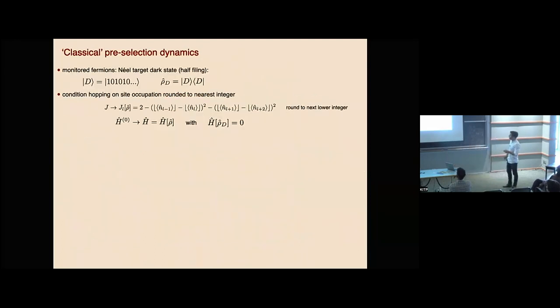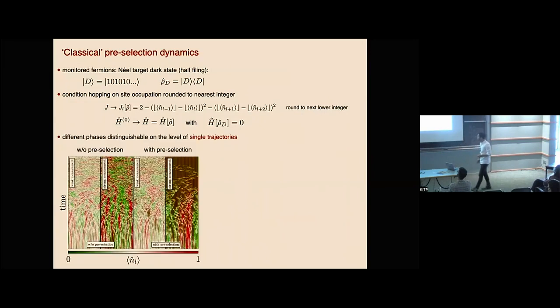Okay, so let's start. Now we go through all these cases, and let's start with this classical pre-selection dynamics. In this case, we use state-dependent hopping parameters, state-dependent in such a way, it's a complicated function, that this property really is fulfilled. And then we get pictures of this type. This is the dynamics for weak and for strong measurements without pre-selection. This comes with the pre-selection. The most salient feature is that you see the pre-selection works, so the system indeed is trapped in this dark state, while we have a failure of this pre-selection in